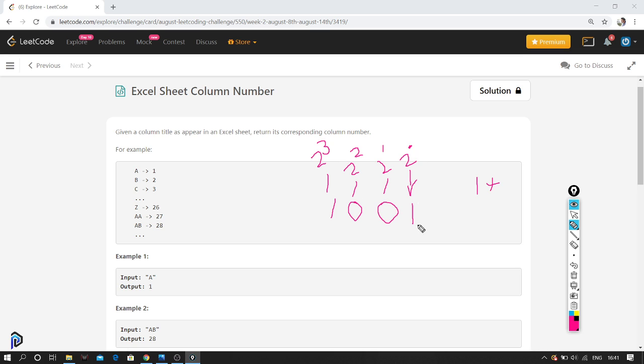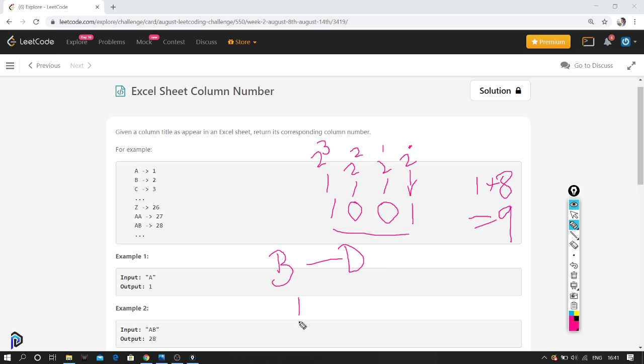So 2 power 0 into 1 is 1, 2 into 0 is 0, 4 into 0 is 0, and 8 into 1 is 8. The decimal value for this binary is 9. This is binary to decimal conversion.